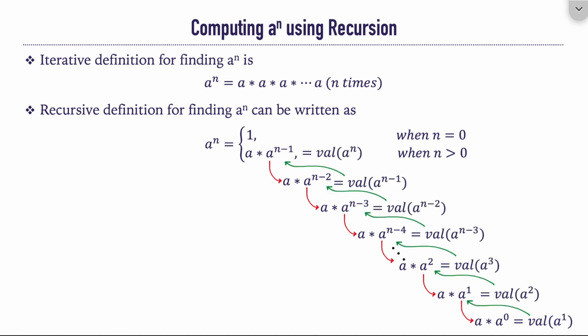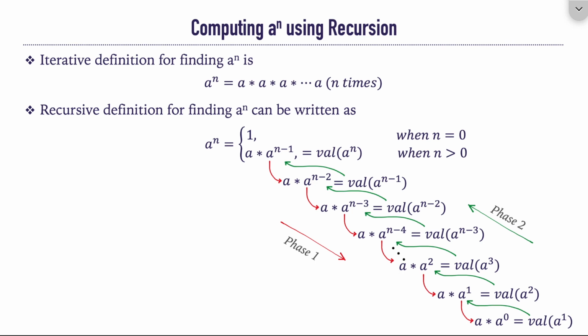So this is how recursion works. Recursion works in two phases. The first one is the winding phase, in which the function keeps on calling itself. The winding phase stops when the terminating condition arrives in a call. So here in this case, the termination condition is n is equal to 0. So whenever n is equal to 0, the function call stops, and from then phase 2 starts. In phase 2, we return the value of each function to its caller in the reverse order. So this is how recursion works.